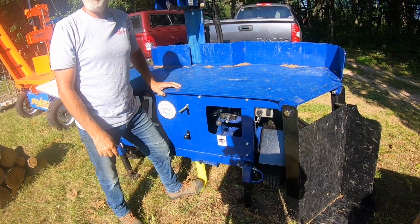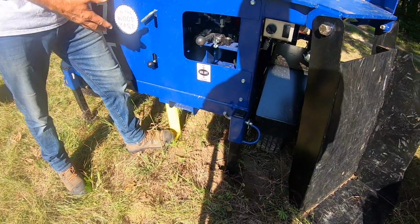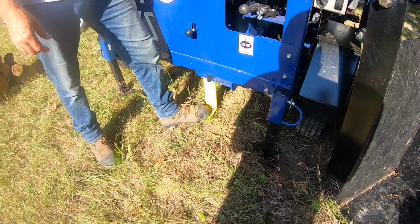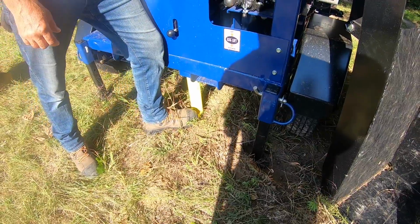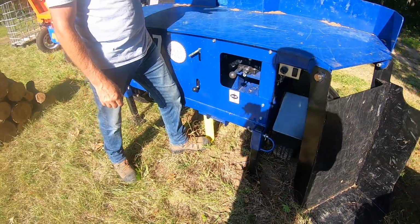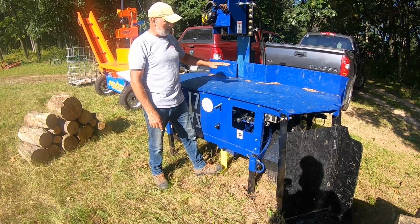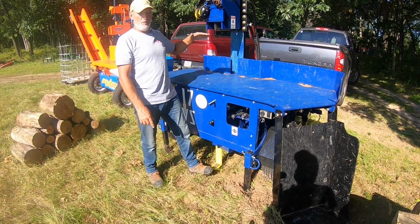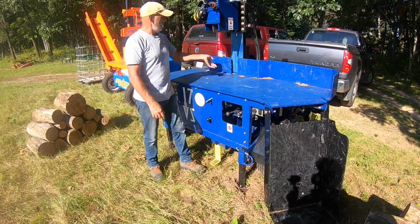And I don't know pounds wise, I would say if this one has a 5-pound pressure, the Eastonmade probably is 3. It's just a little more pressure. It's got a fast speed, so if you go down slow, you can have your wedge come down slow. And if you let up slow on the pedal, it'll go up slow. But if you snap your foot off quick, it'll go up quick. And if you forget, all you do is you bump that knob right here with your knee, and it'll